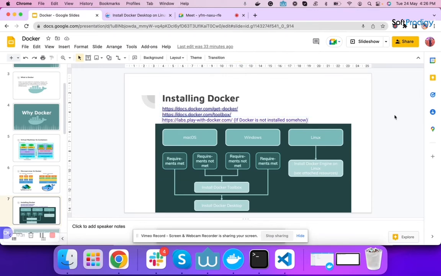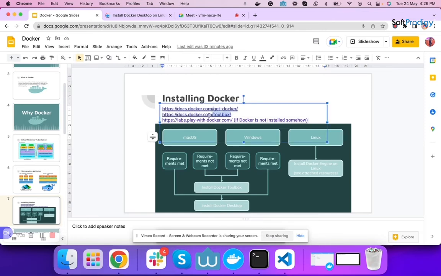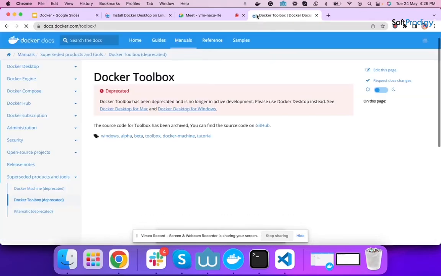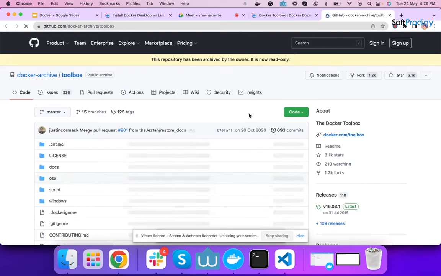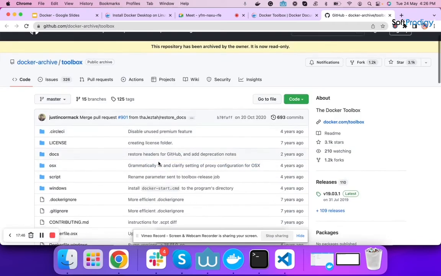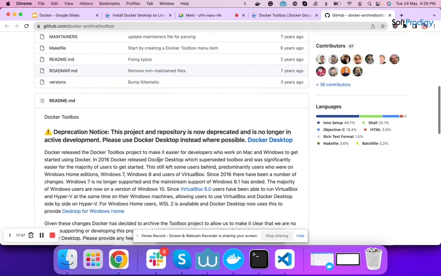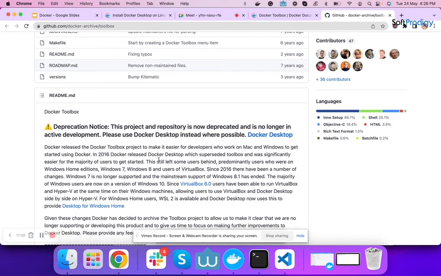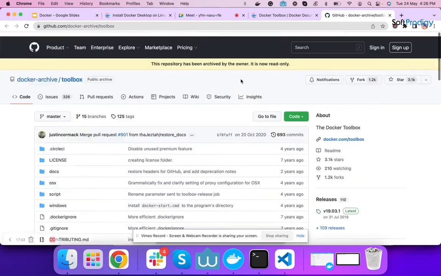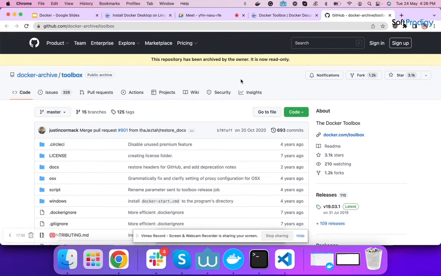So if somebody has an old system, then they can download this Toolbox. But this is no longer supported by Docker now. You can go to the GitHub repository and download the repo completely, and you can play around with Docker. But it is not recommended, because it is not supported by Docker anymore.